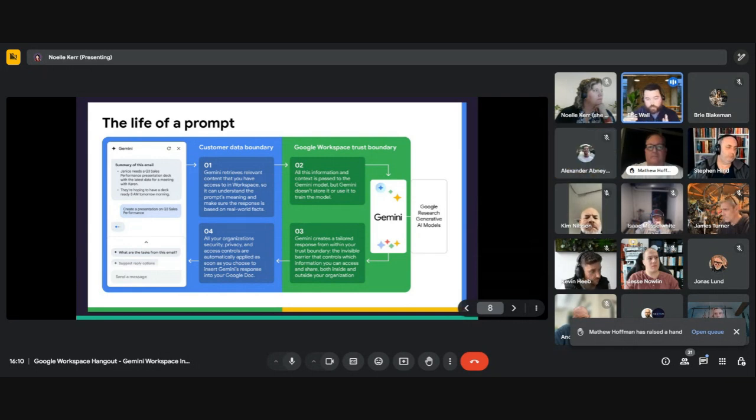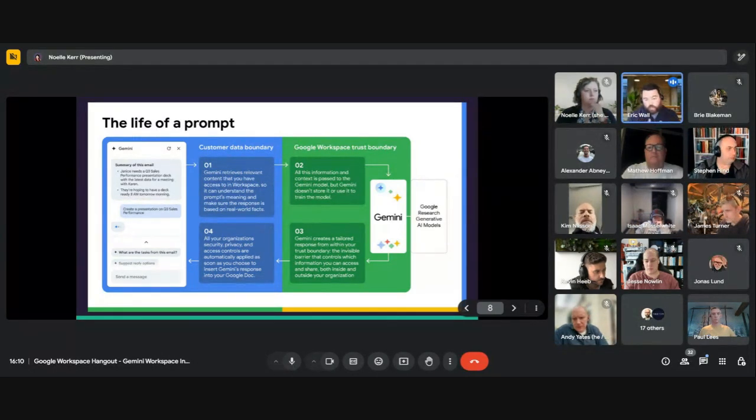The model lives outside your organization, but it's only taking a minimal amount of data. Once this is passed into Gemini, it's not used or stored in any way. It's not used to improve the model. And this is important for people to realize. We've gotten this question time and time again of, is this being used to generate new content, to train a model?